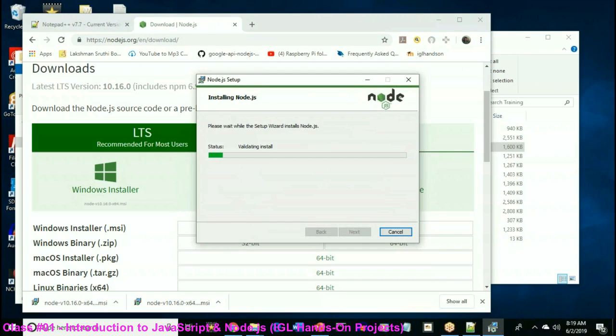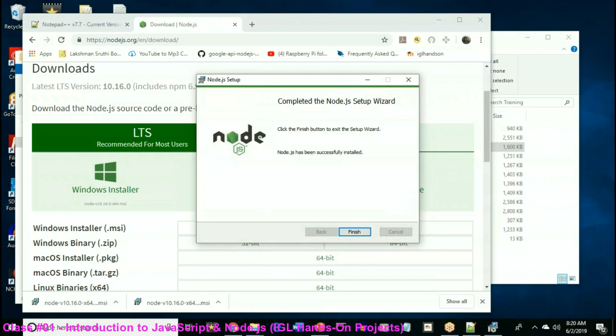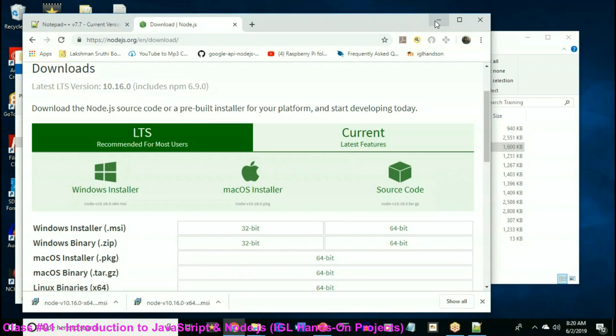Okay. It's installing right now. Okay, it is successfully installed, which is good. So what we'll do is